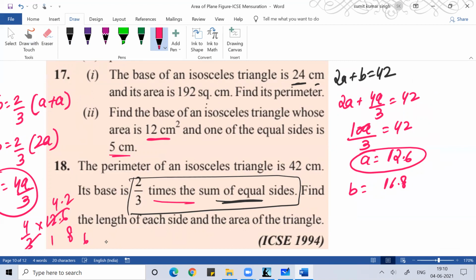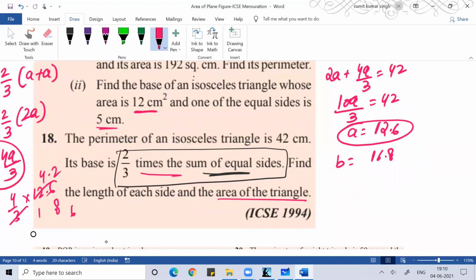Find the length of each side. We got the length and the area of the triangle. Find the area. We'll see if Pythagoras works. Then it will become easy for you. This is 12.6 and half of this is 8.4. If the Pythagoras works,